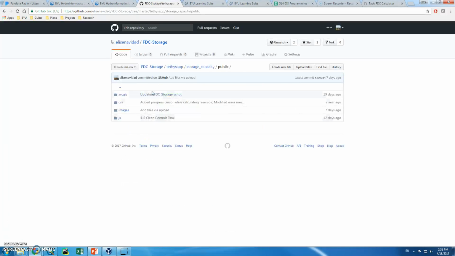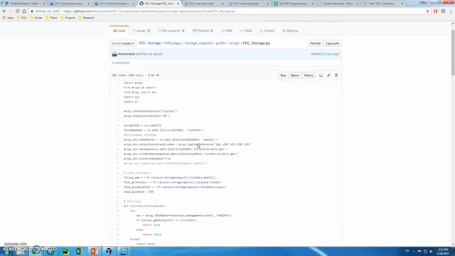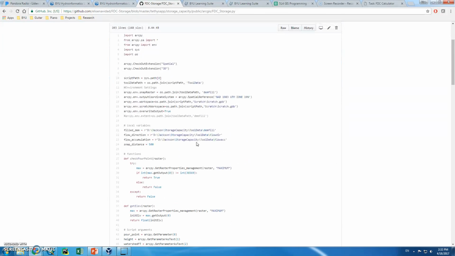So this is still within that GitHub repository, and you can see my file structure, which is built by the Tethys scaffold, and under the public folder I have my JavaScript folder, an images folder, CSS, and my ArcGIS. So this is where my actual script for my tool lives, and you can see how the Python is set up so that we can run that geoprocessing